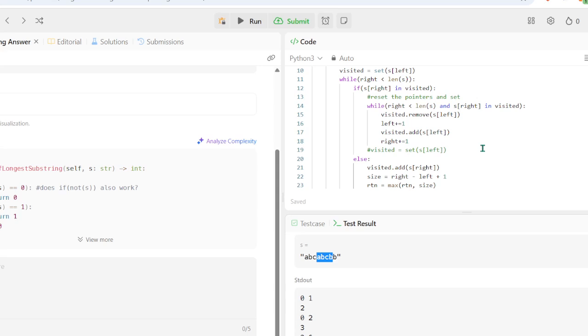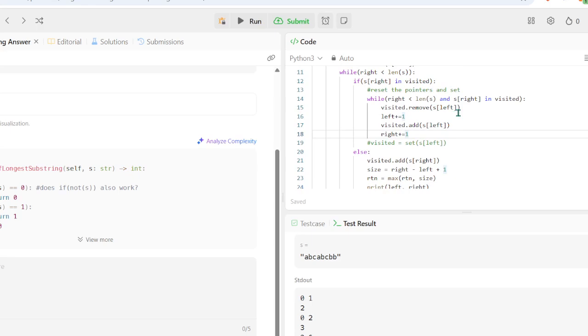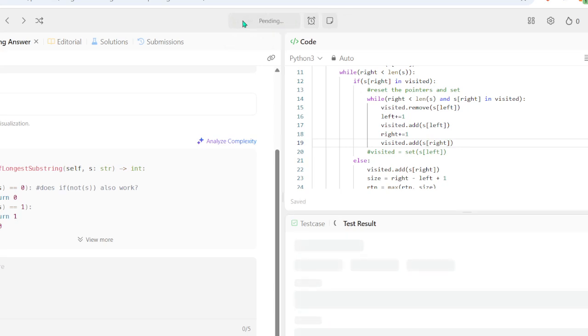It's definitely visited. Do I just need to do that as well?